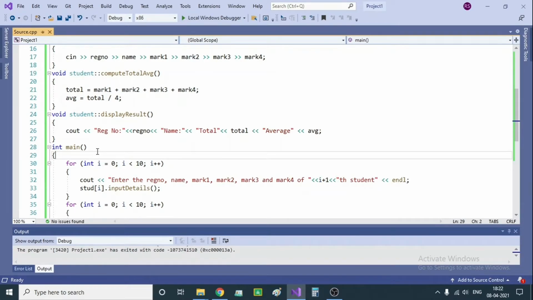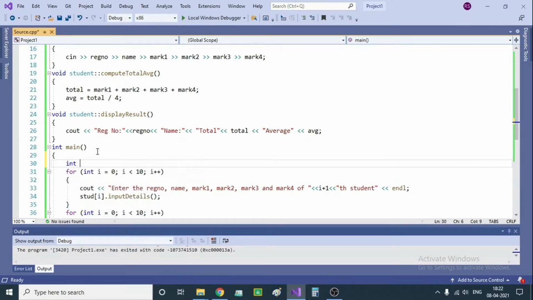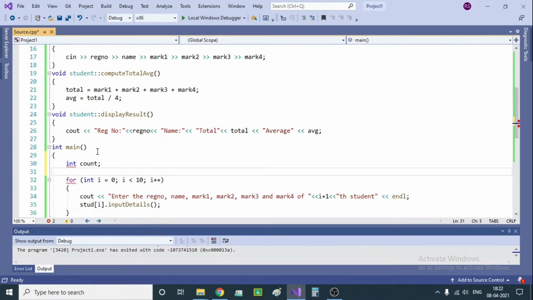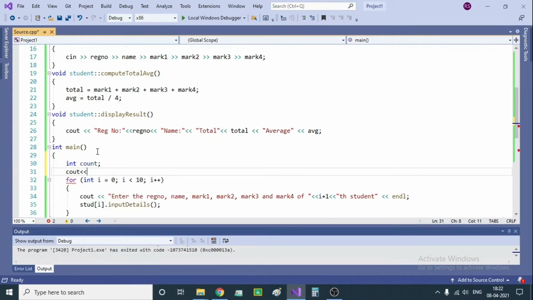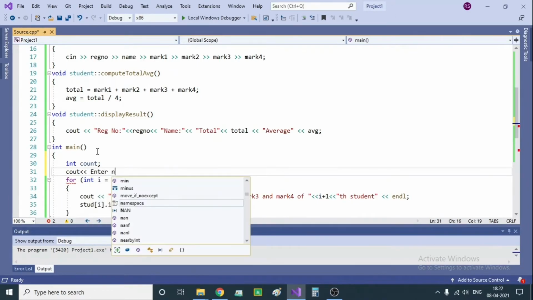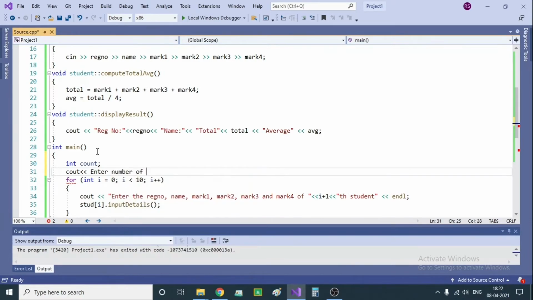So we can give an additional input like int count. After that, enter number of students.